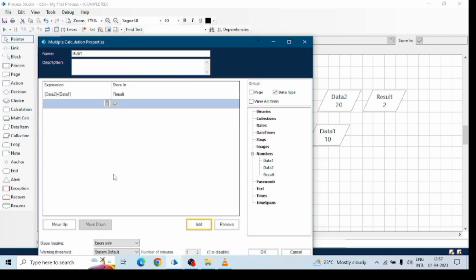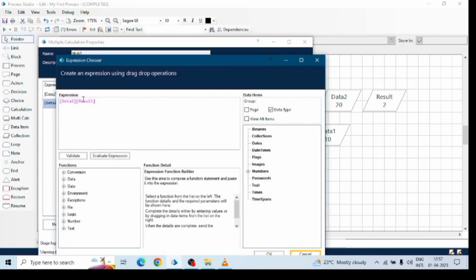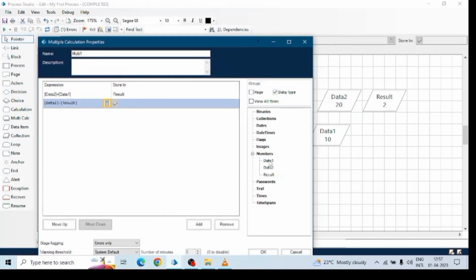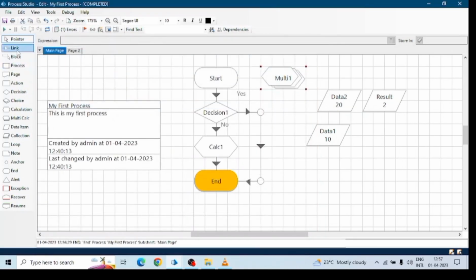And then now click on add, means we can do the multi calculation. So this is the first calculation, then we will do the second calculation. Now we want to subtract the result: data 2 minus result, and save the result in data 1. Means 10 plus 20 is equal to 30, and 20 minus 30, it will be minus 10. Now click on OK. Now we want to run this stage, so link this stage with multi-stage, and then we will